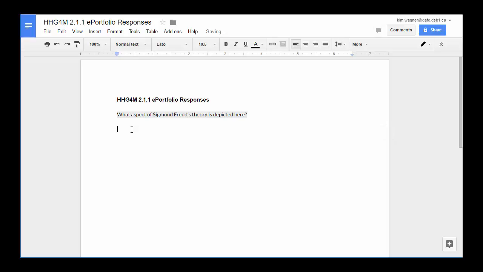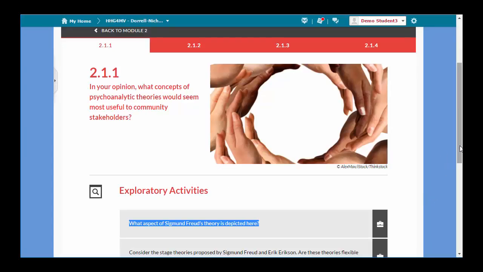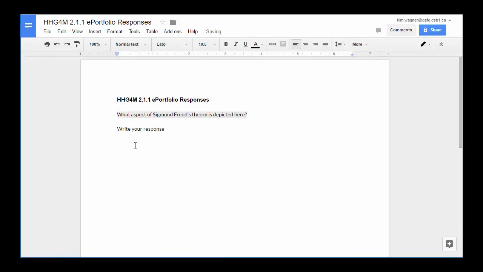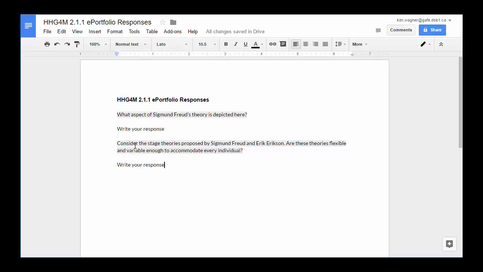So after you've analyzed the picture and you write your response, and you copy and paste the second question, and again write your response, you're now ready to post to your ePortfolio. Now there is a couple of ways you could do that. You could share the link in the ePortfolio, or you might just want to copy and paste what you have